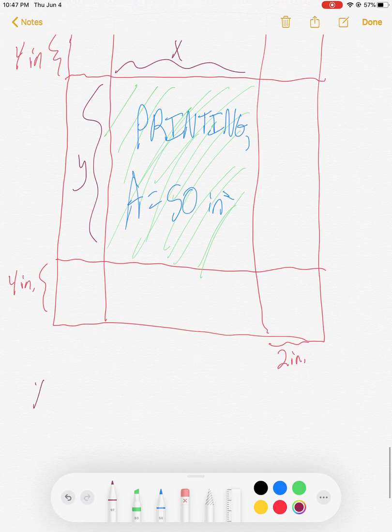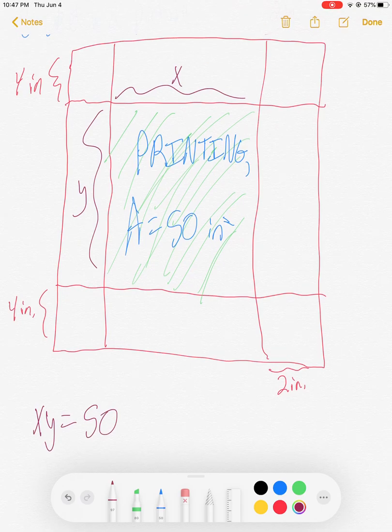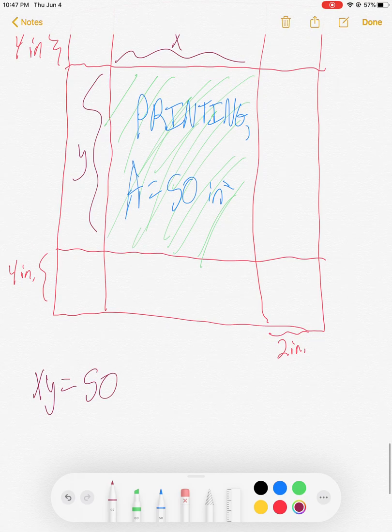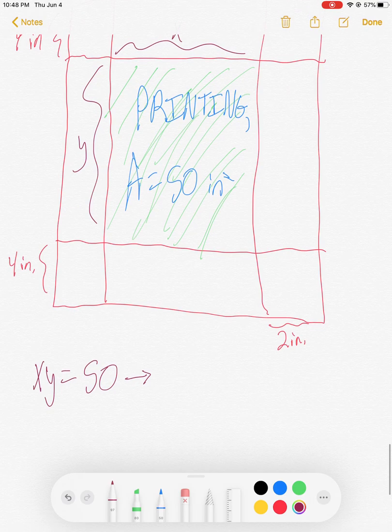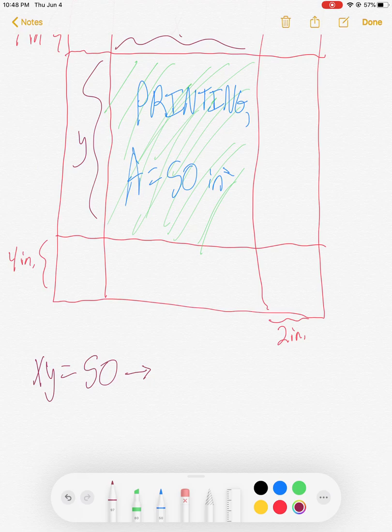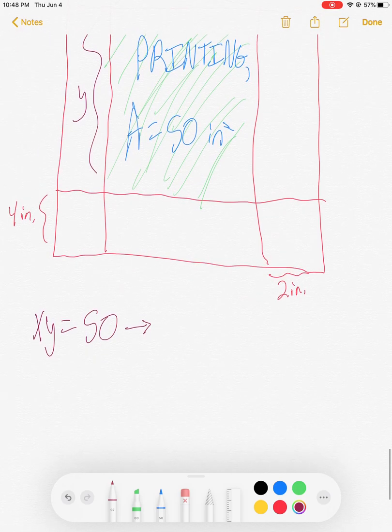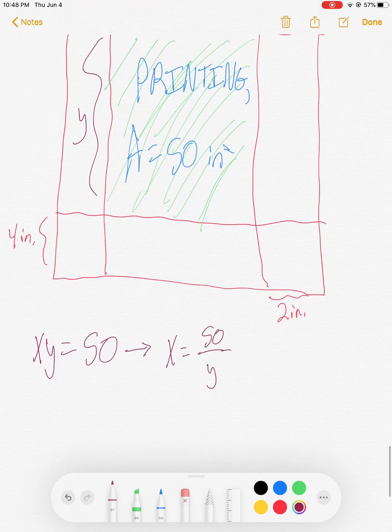Okay, I guess I shouldn't have written step 1, because I'm not going to write out explicitly what each step is. You can't think about it that way, but for me, I kind of just piece it together as I go. So let's look at what information we can gather now. Well, now I can see that x times y is going to be 50 inches squared, because that's the area of this rectangle, of the printing region. And this tells me if I wanted to solve for one of them in terms of the other,